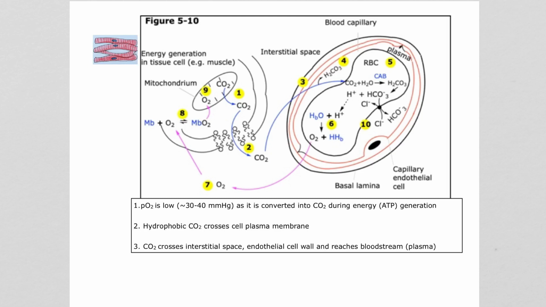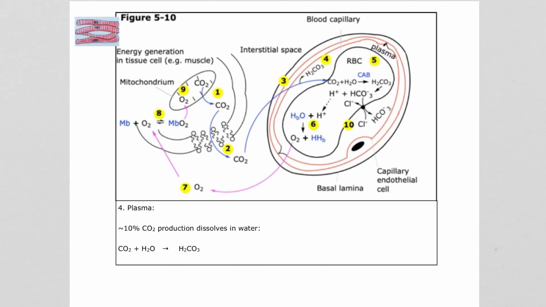The carbon dioxide crosses the interstitial space and then crosses the endothelial cell wall and finally reaches the bloodstream, the plasma. Once in the plasma, which is the aqueous or the liquid part of blood,